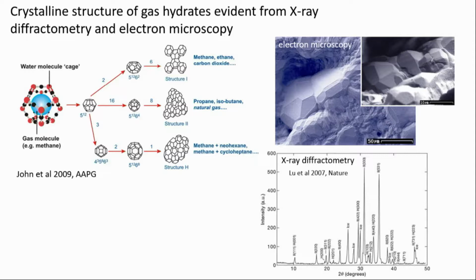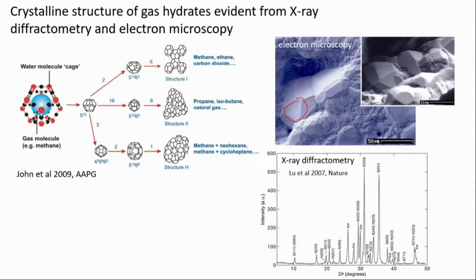Now, when I say crystalline structure, how do we know that it is a crystalline structure? One, we can look at the electron microscopic photo image, which is a very highly magnified image of the methane crystals, and you can see here that there are nicely developed crystalline faces, which is typical of a crystalline structure. Further, we can understand about the crystallinity by studying the X-ray diffractometry. By X-ray diffraction, you can see there are different peaks, and each of these peaks represent a crystal lattice structure or the different faces. So these two things prove that the methane hydrates or the gas hydrates as such are